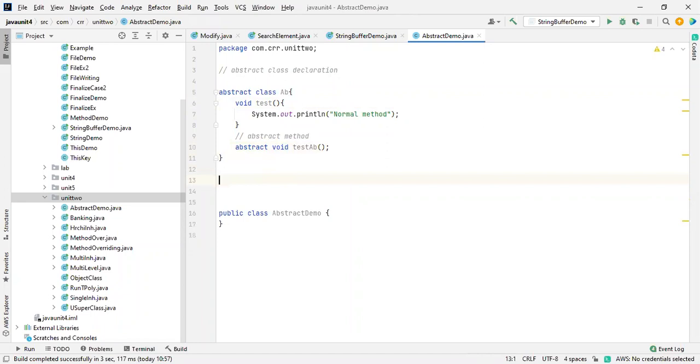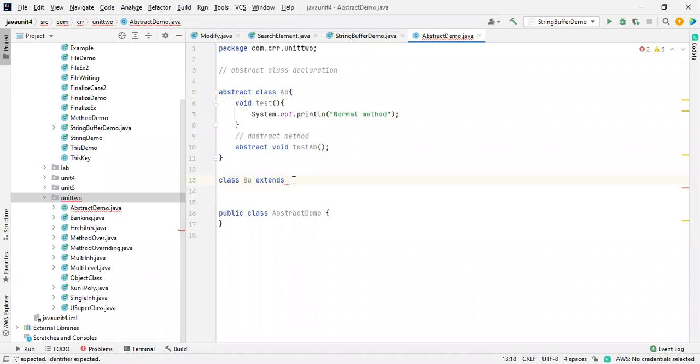When I use it, I will take a class named BA. I'm going to acquire the properties of the abstract class by using the extends keyword. The name of the class will be AB.